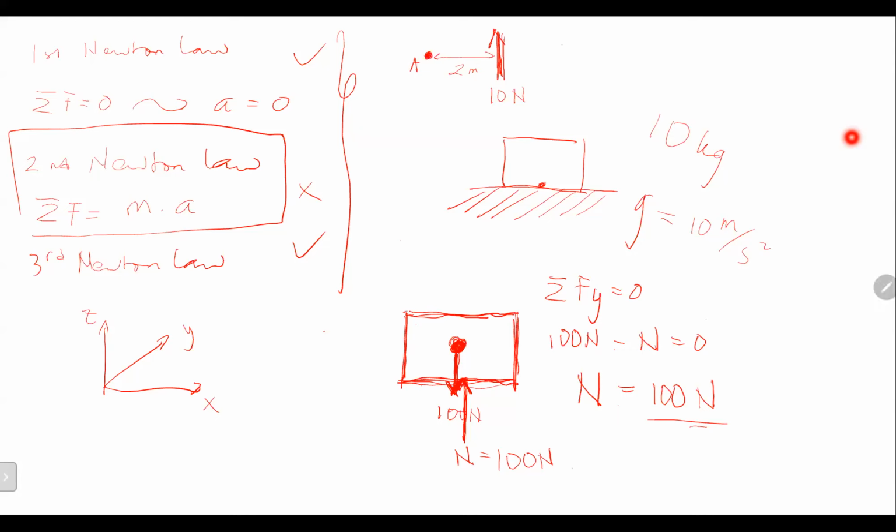So it's just simply like this, right? Moment is equal to distance, 2 meters, multiplied by the force, 10 Newton. So it's equal to